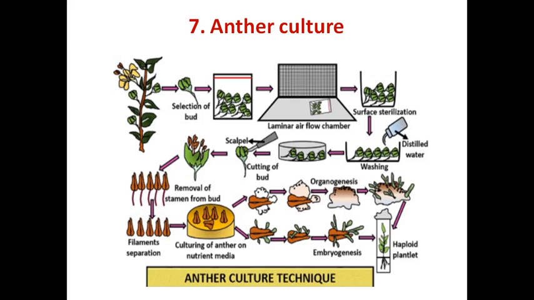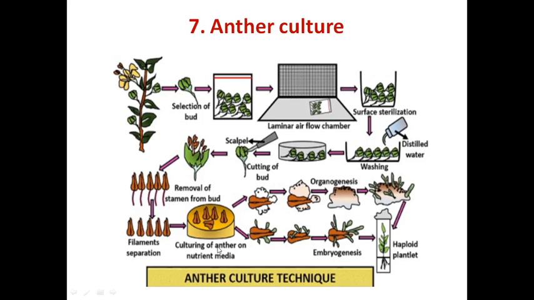See, students, it is a very simple procedure. We can take an unopened flower bud, then do surface sterilization under aseptic conditions in a laminar airflow chamber, then wash with distilled water, then cut that flower bud with the help of a scalpel. We can remove the stamen from the bud, remove the filament, take only the anther, and culture that anther on